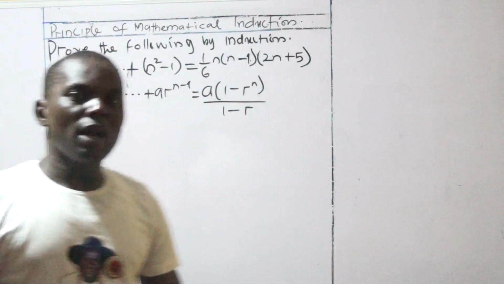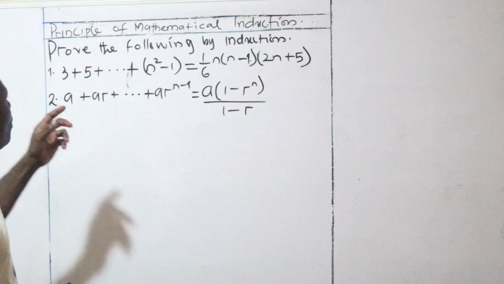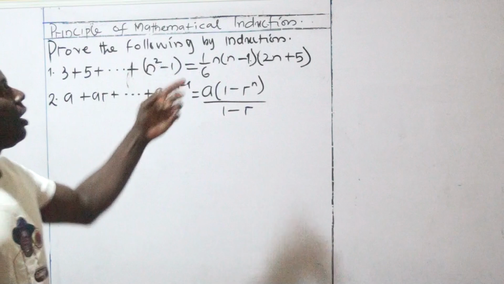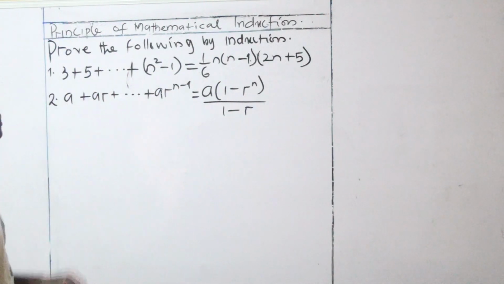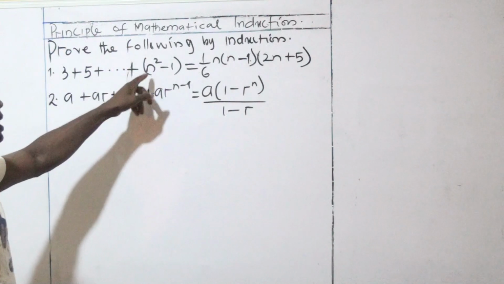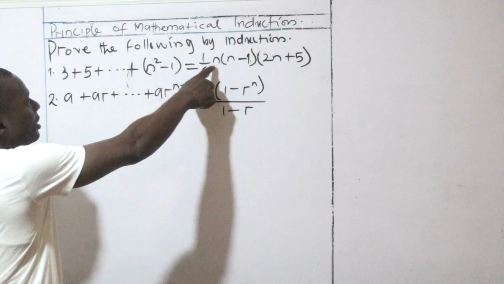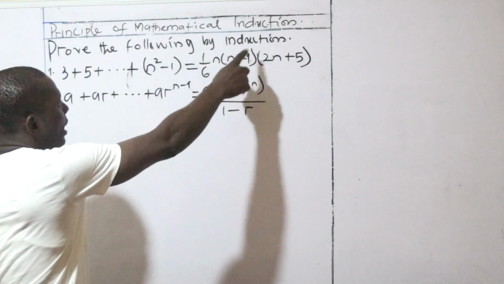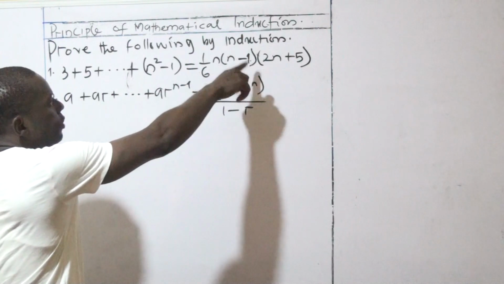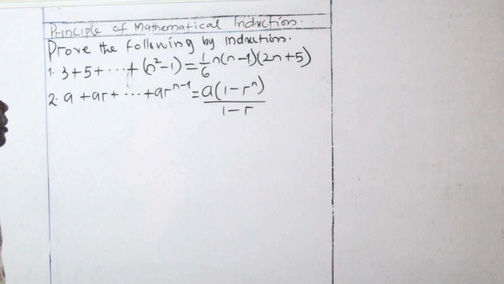Now here before us on the board we have two questions. Prove the following by induction: 3 plus 5 plus dot dot dot plus open bracket n squared minus 1 close bracket is equal to 1 over 6 n open bracket n minus 1 close bracket open bracket 2n plus 5 close bracket. Okay, that is one question. The other one is